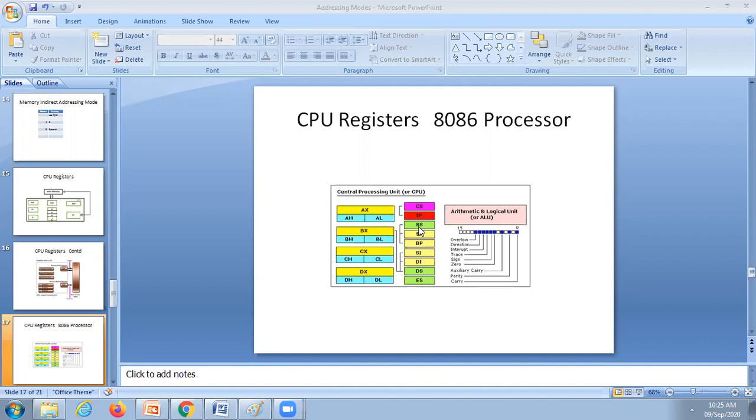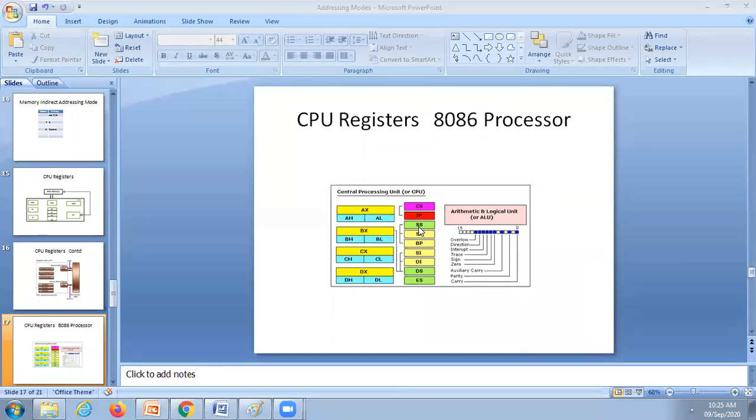Inside the processor, there are registers related to the stack. That is, the stack pointer is a register, and that register is there in the CPU. The stack pointer is a 16-bit register which is available in the CPU. It is only a register, not the stack. Similarly, the stack segment, SS, is another register. These two are available in the CPU but not the stack.